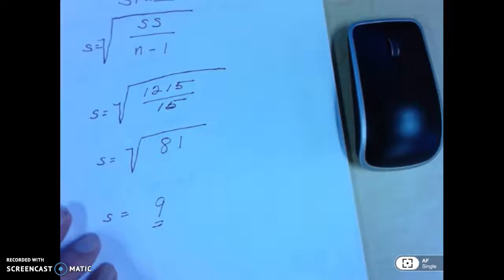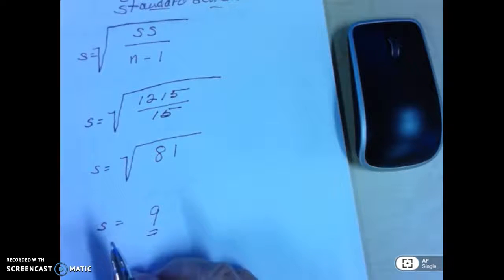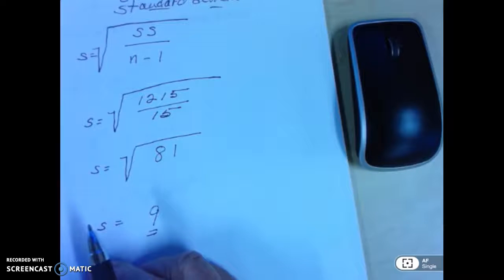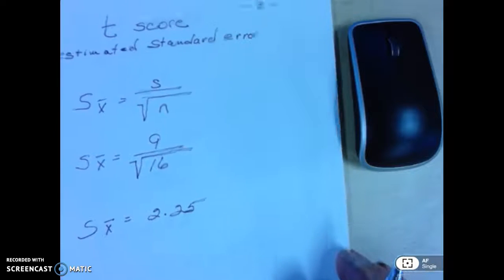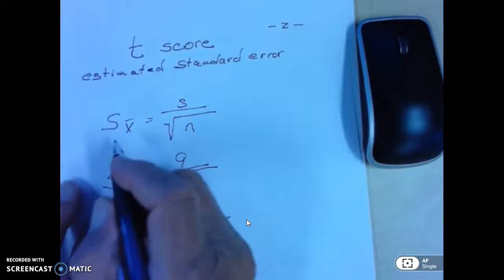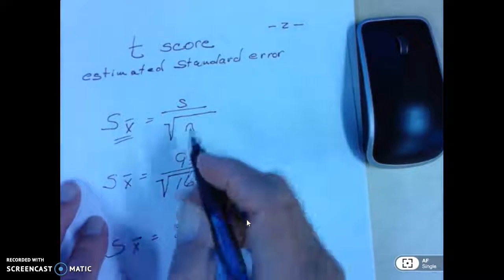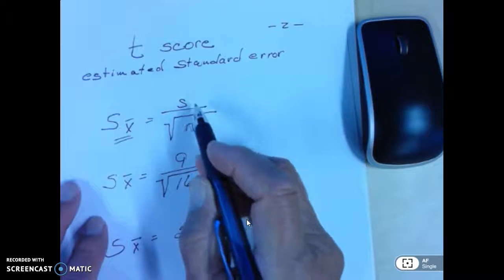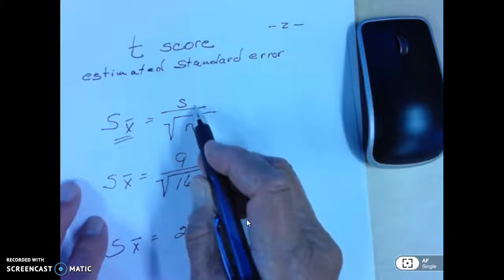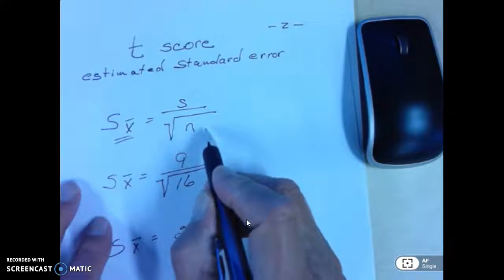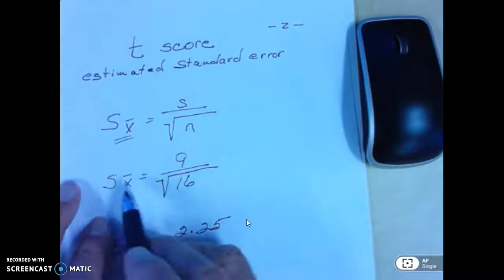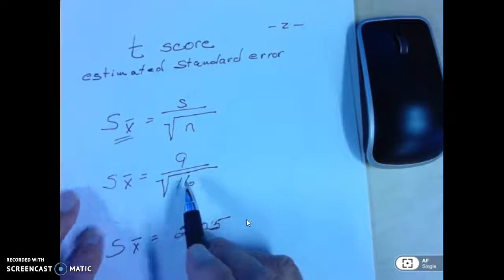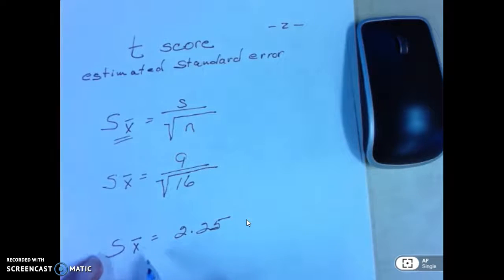All right, that is the standard deviation, but we're not done yet. This is in the T-score, and we are not done. Then we take and we estimate the standard error. So this is the estimate of the standard error. Now, remember that our standard deviation was 9 over the square root of n, not n minus 1, but n, square root of that. And so we have 9 over the square root of 16, and we calculate that out,